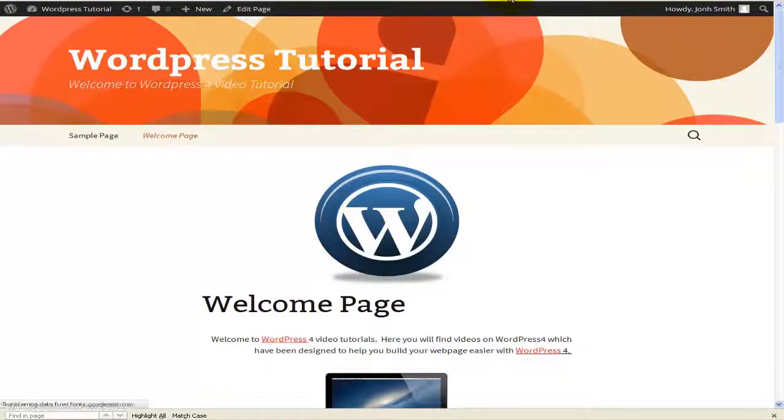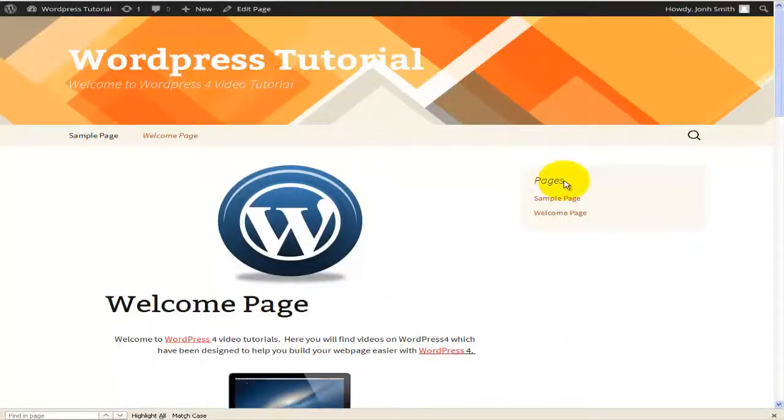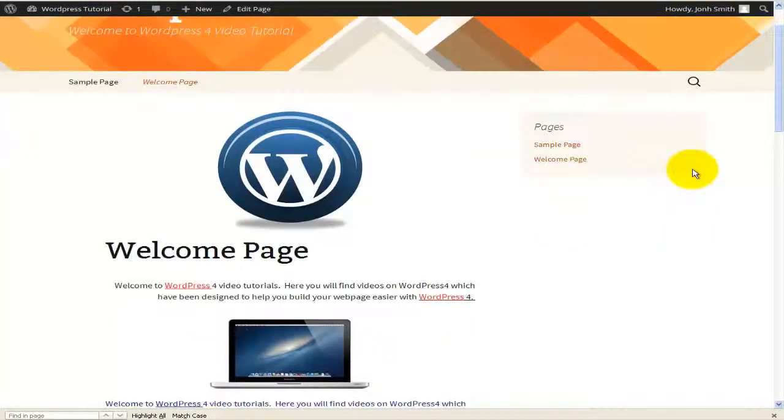Now when the page loads up, you can see that my new widget has actually been placed here, and in this particular case I used the pages widget, and therefore I have the sample page and the welcome page, which are the two pages that I currently have on my server. Okay, going back,